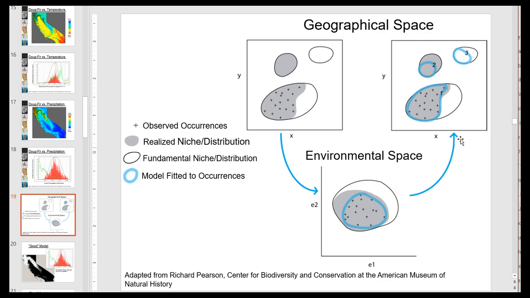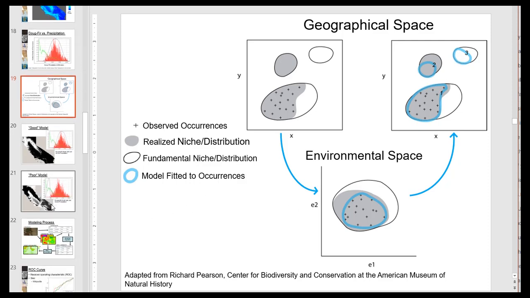And then we move that back into geographic space, and we see that we can model where our occurrences are. We can model some of the area where it could be, but not all of it. And in fact, we can model where it is, but not all of it, because we haven't collected data, and maybe want to collect some more data in here to fill out our model and make it better. We can also predict where it could be and it's not. So this is very important with invasives and endangered species. And I'm going to stop there and continue on another